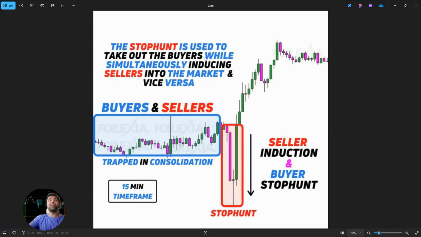So as these buyers were induced in this consolidation, simultaneously the sellers were induced in here, and they started pushing the price towards the downside. And as the sellers were induced to stop out the buyers, suddenly the buyers started coming in to stretch the hands of these sellers so that they close their positions, and they start thinking that they are on the wrong side. So it is the kind of structure we look into the market